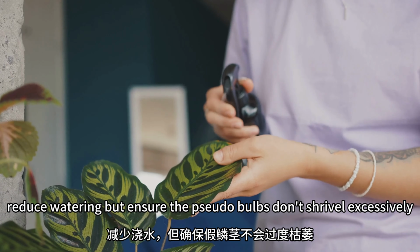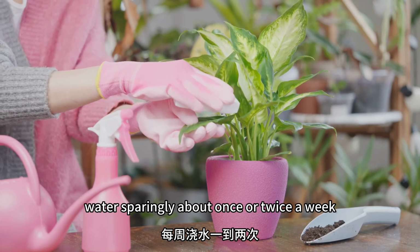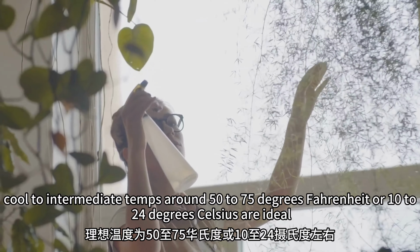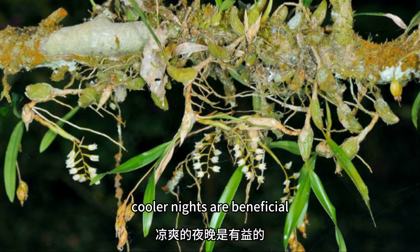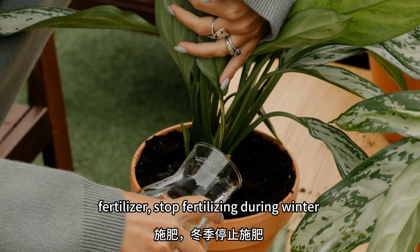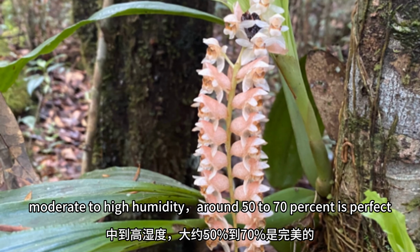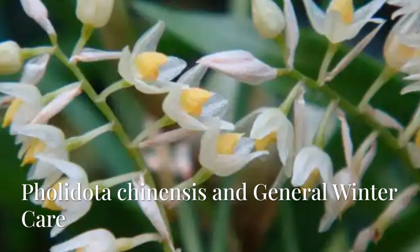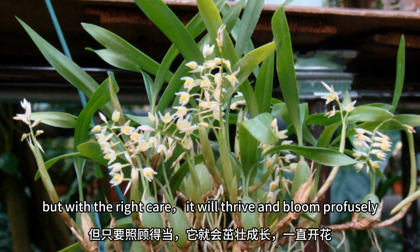Reduce watering, but ensure the pseudobulbs don't shrivel excessively. Water sparingly, about once or twice a week. Temperature: cool to intermediate temps, around 50 to 75 degrees Fahrenheit or 10 to 24 degrees Celsius are ideal. Cooler nights are beneficial. Light: bright, indirect light is best. Avoid direct sun. Fertilizer: stop fertilizing during winter. Humidity: moderate to high humidity, around 50 to 70%, is perfect. This orchid is a bit of a hidden gem from an obscure genus, but with the right care, it'll thrive